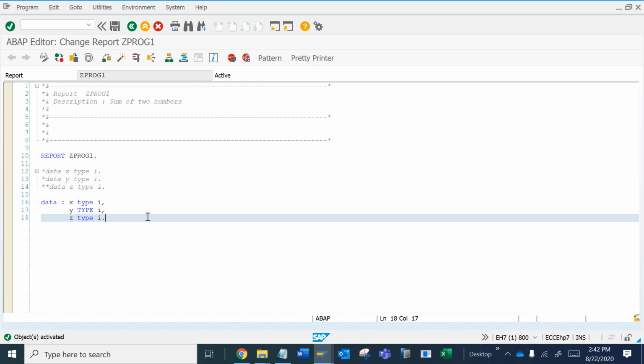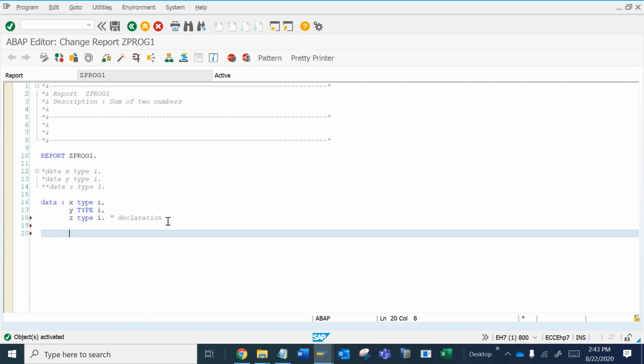Now suppose you want to give some comment here in front of the line. How to do this? Suppose I want to add a comment like "declaration". So how can it be achieved? If you want to write a comment after the end of any statement, then we can do this with a double quote. Anything written after a double quote would be a comment like this.